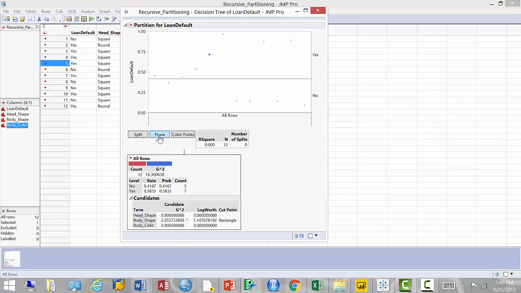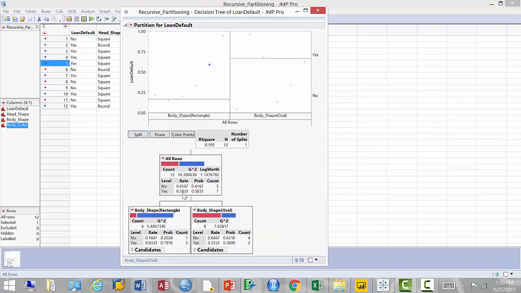So now, by the way, this one basically shows you the breakdown between yeses and no's. Here I can see that the split really is 41.6% of no's. That's my bottom half. So this horizontal line shows you the split, the proportions. And 58.3% right here are no's. So when I click the Split button, guess what it does? It says, yep, that's how I'm going to split my set. That's the best thing to do. So right now I have body shapes, 6 versus 6, rectangles versus ovals. And it can split even